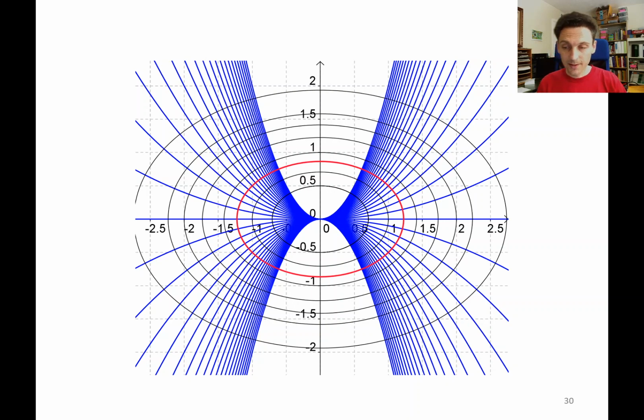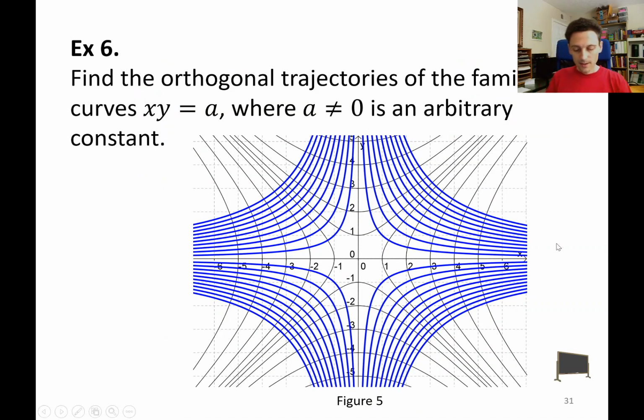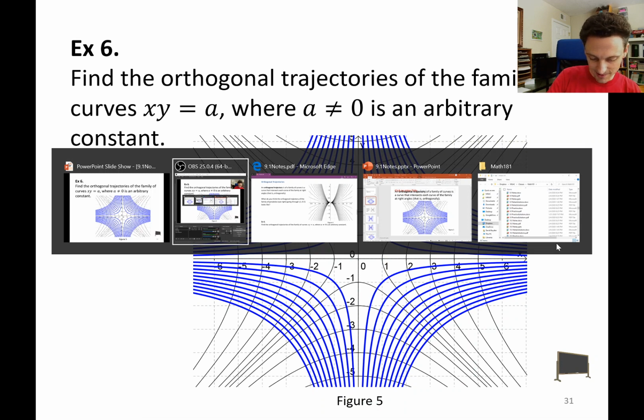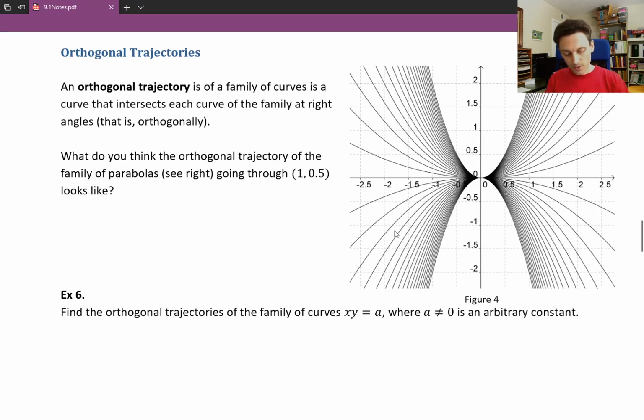So our goal in this part of the packet is to try to figure out, given a family of curves, so given like this family of parabolas, for example, to find an equation or a formula or the functions that are the orthogonal trajectories of that family of curves. So from the family of parabolas, find the equations for the family of ellipses. Let's turn to the notes. So in example 6,